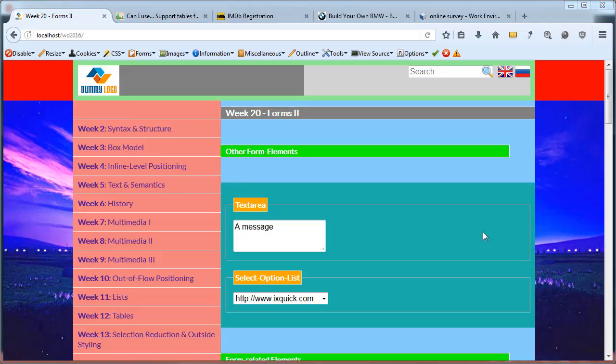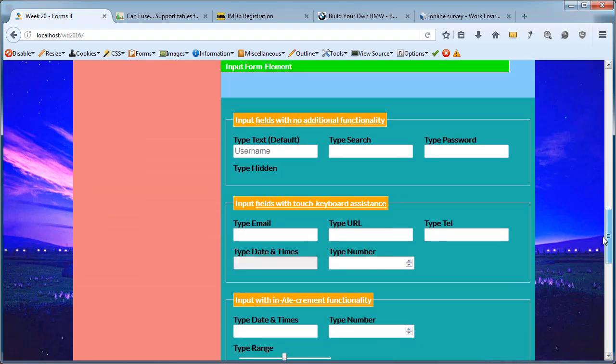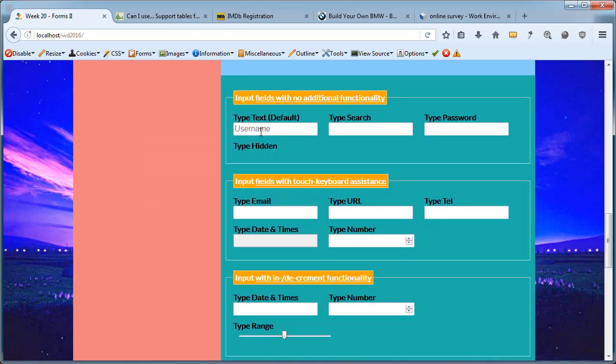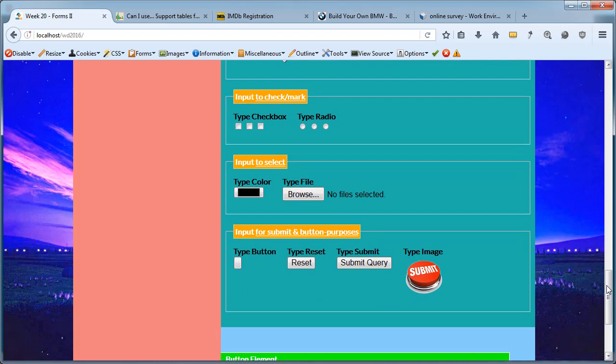This week, number 20, is now our second part on forms. In the first part, last week, we discussed in particular the input element. It was quite extensive, and for the input element, we have, for example, fields, a slider, something to check, and some buttons which open a window in which we can make a selection. So all these different input types that we have gone over, all of that data is always intended to go